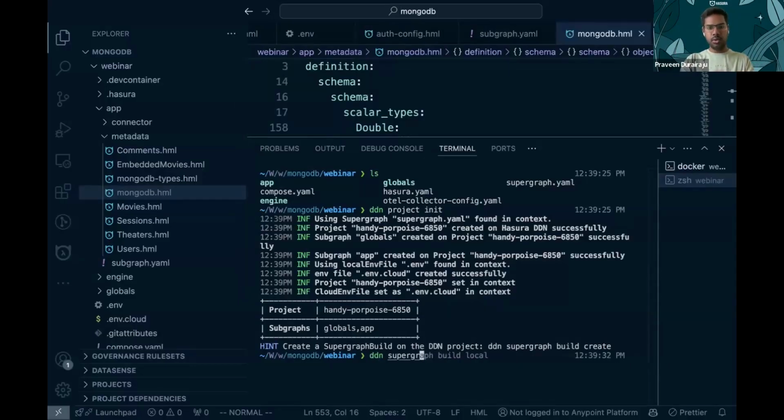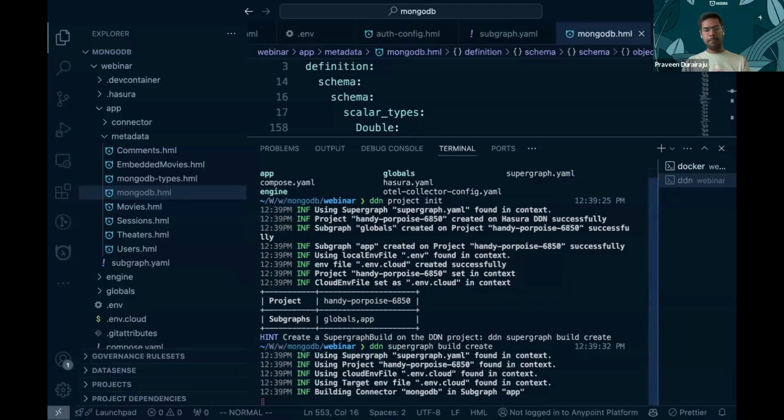And I'll also do a Supergraph create. And this will do the build on cloud. This might take a few seconds as we speak, which means I can look at Q&A to give you some answers. And there's a question right now about whether the metadata can be consolidated together when there are